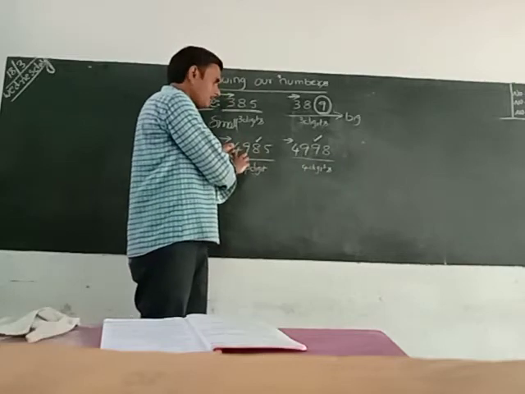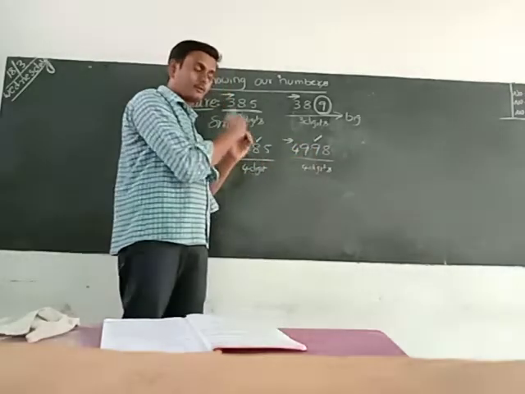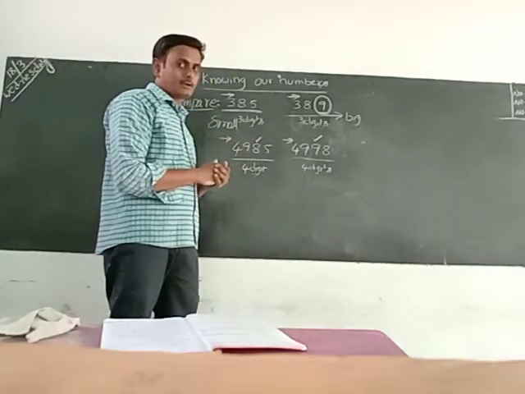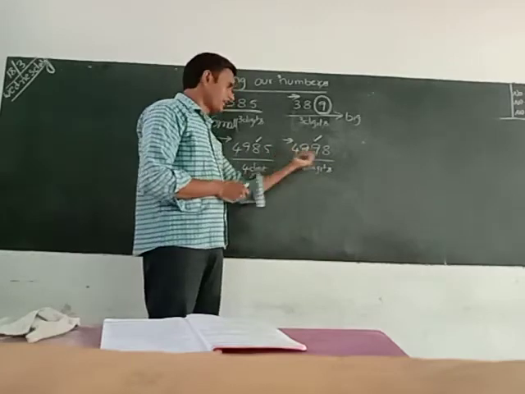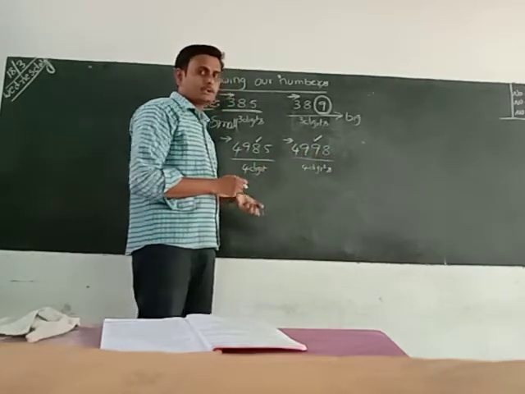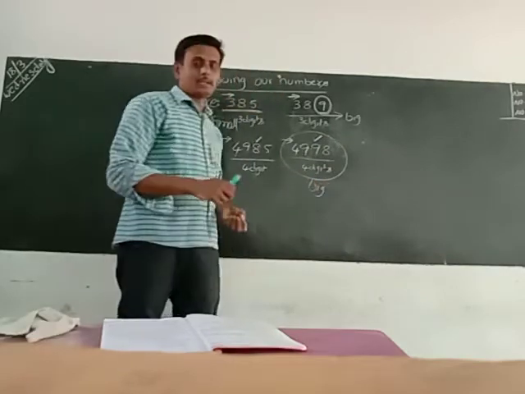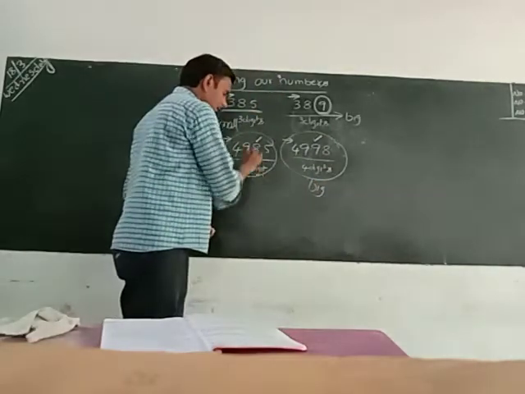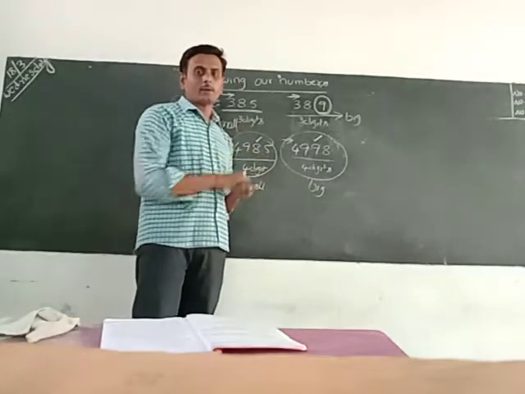So we can conclude, no need to compare the remaining digits. The ones which are already the same, we have to leave those. You only have to go up to the first different digits. Different digits here are 8 and 9. So no need to compare the rest. We can conclude which is bigger. This is the bigger, this is the smaller. I think all of you have got an idea about the comparison of numbers.